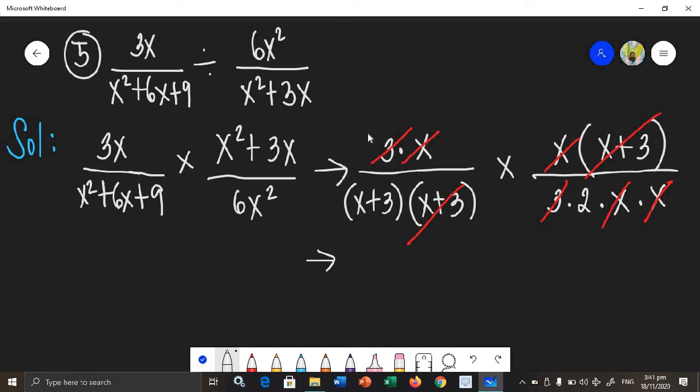So here, nothing is left. That is equal to 1 over, we have x plus 3 here times, and nothing is left here either. So that is equal to 1 over 2. Now, we should multiply the numerators and denominators to get the quotient. So 1 times 1, that is 1 over,